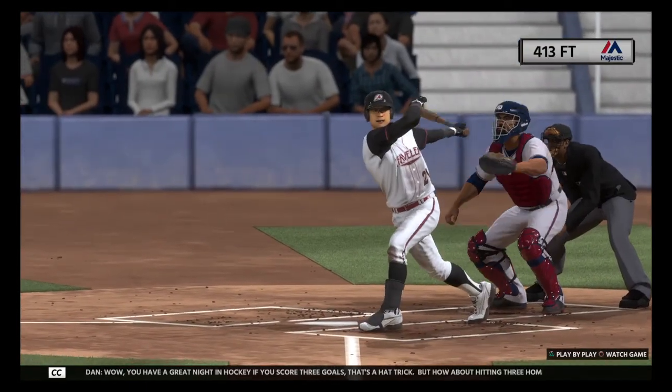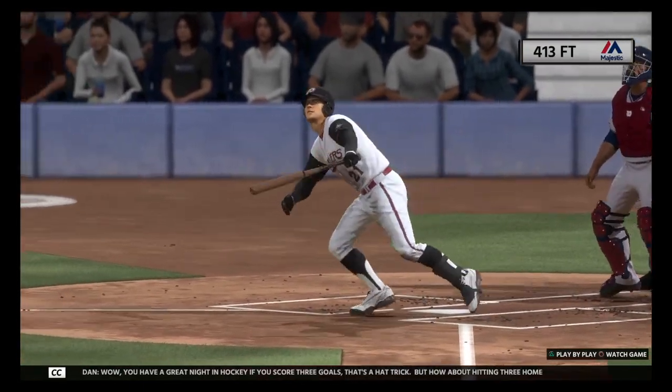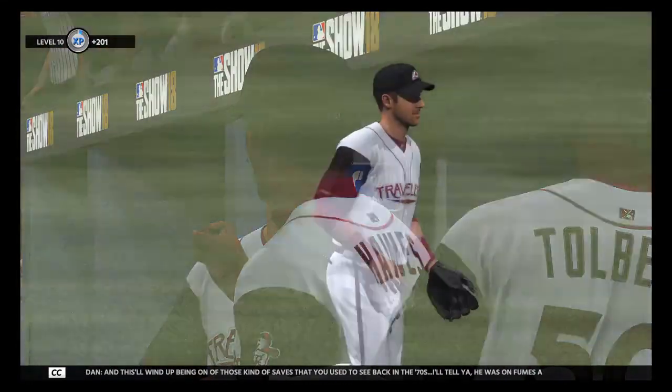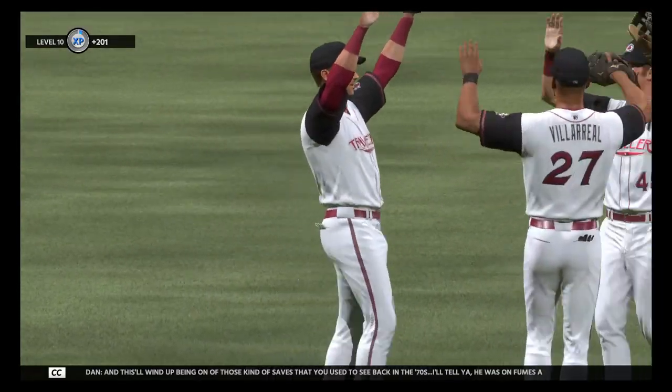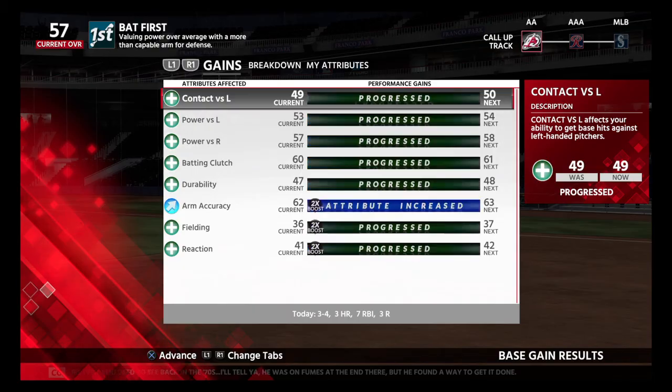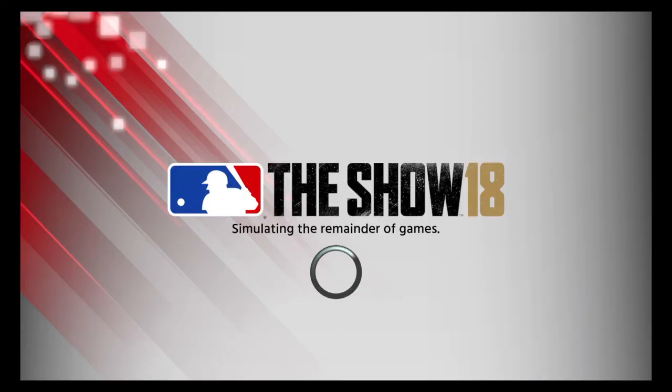Well, you have a great night in hockey. You score 3 goals and that's a hat trick, but how about hitting 3 home runs in one night? Okay, this will wind up being one of those kind of saves you used to see back in the 70s. I'll tell you, he was on fumes at the end there, but he found a way to get it done. This one ends with a 10-5 score. The Travelers